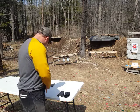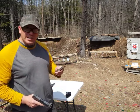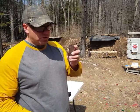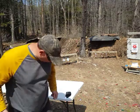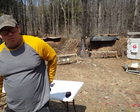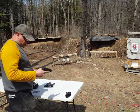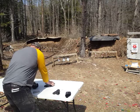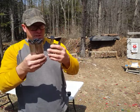Now this comes with 2 magazines. You get a 7-rounder and an 8-rounder. Okay, normally I carry this with the factory 7-round magazine, and I carry the 8-round magazine in reserve on my belt, right? But one of the great things about the Shield is that you can get these ETS magazines